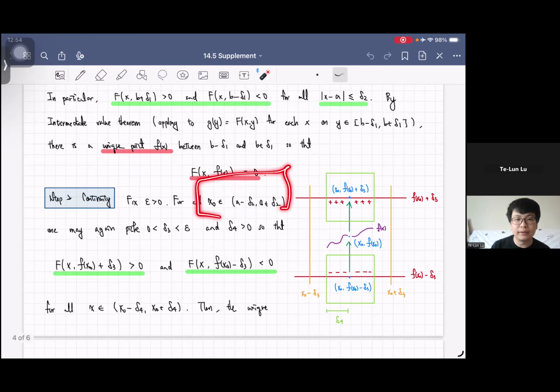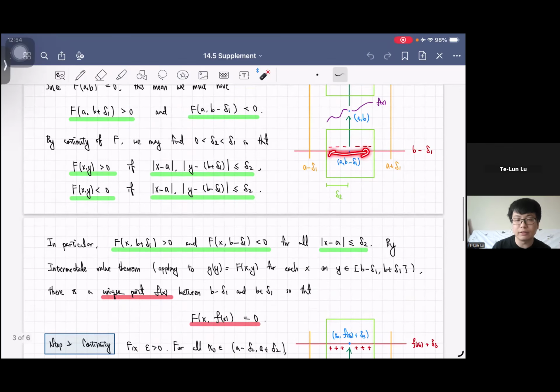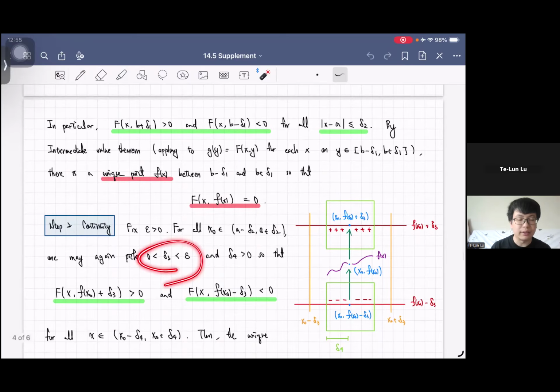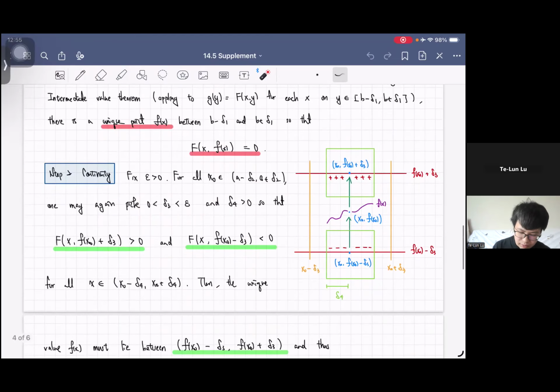So for any of that particular point, we can always choose some delta. So we fix epsilon first. Don't forget that continuity is basically saying that for every given fixed epsilon, you can always find some delta so that f of x is close to f of x naught whenever x and x naught are close within the threshold of delta. So picking this x naught belongs to any particular point in this interval, we fix some delta 3 less than epsilon, which is possible to choose so that this whole guy here,